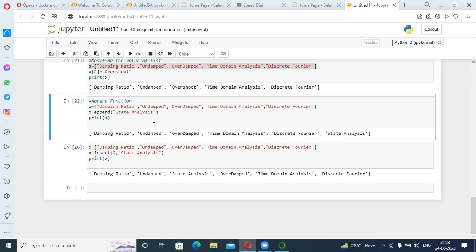Can you explain the difference between 22 and 26? In 22, we are adding the vector state analysis at the end of that list, and in 26 we are adding the vector in between or at any position of the list. So what is the difference? The difference is that